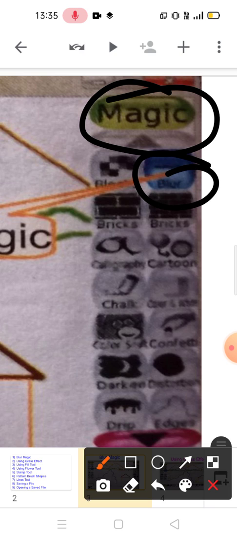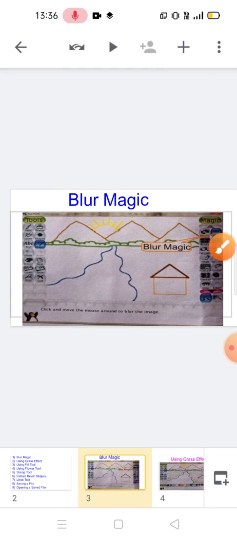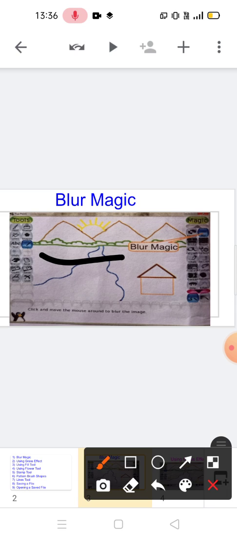After pressing this key, you can apply the blur on your images. Apply it all over the boundary and the mountain, and see how it looks. You can use the blur effect as many times as you like.